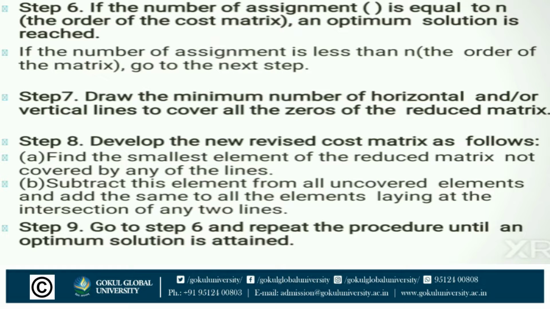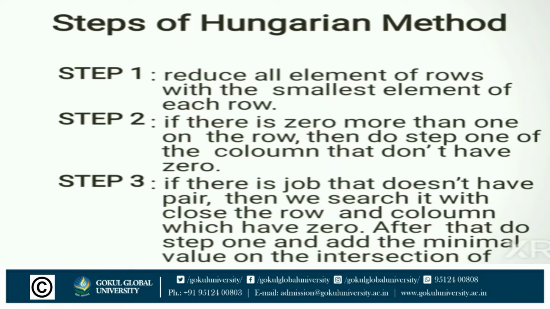We can easily understand each and every step of this method by an example. In this method, we can use the Hungarian method in three simple steps. First step is to reduce all elements of each row by the smallest element of the row, and the same process for the column, and the revised table is obtained. Then we choose and assign from the last table, using the main cost matrix, and solve the problem by this method.